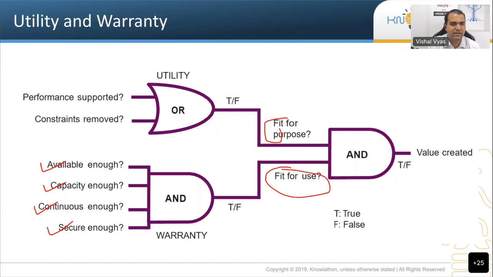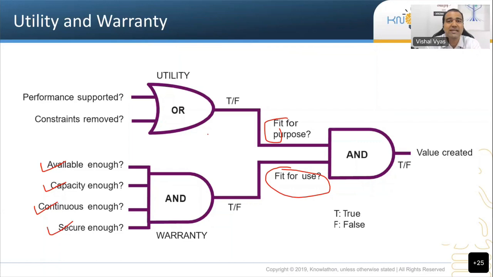Getting it? Can we say it this way, Vishal? Utility is just meeting the requirements and warranty is meeting the outcomes? Both contribute towards the outcome actually, but let me explain it in a different language. Have you worked on software development, application development? When you get application requirements, there are some functional requirements. Functional requirements means features. What features the application is supposed to have, right?